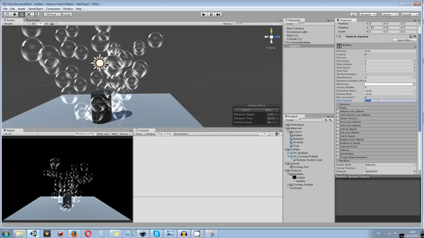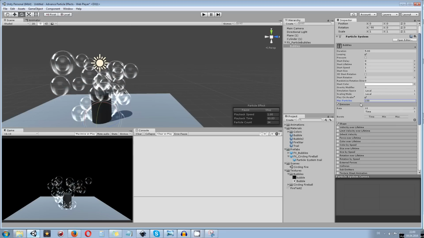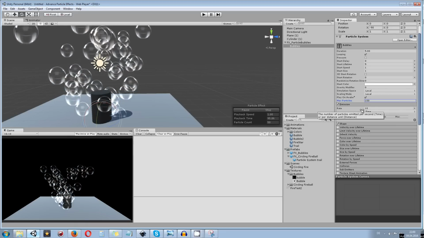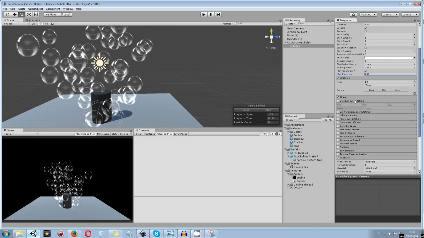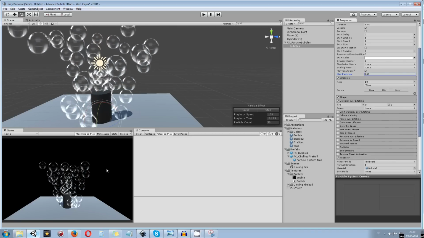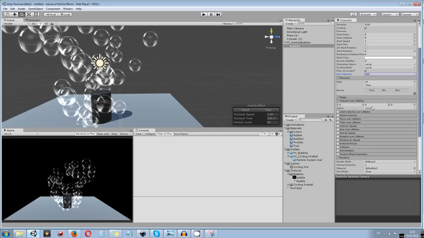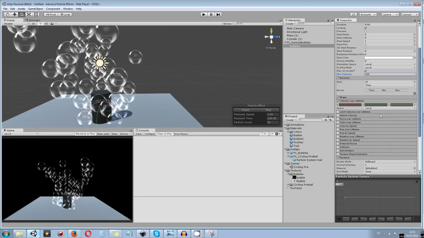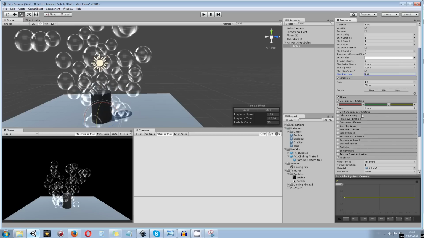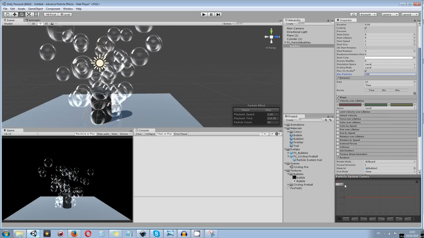Okay, also I want to make sure that I don't have more than 100 particles in the scene. So whatever is happening, don't go over that. And of course, we want to change the velocity over lifetime, so we can get the bubble motion into place. What we want to do is change velocity over lifetime from the current constant to curve. So we have the possibility to create a curve for anything. So make sure you have X selected in here.